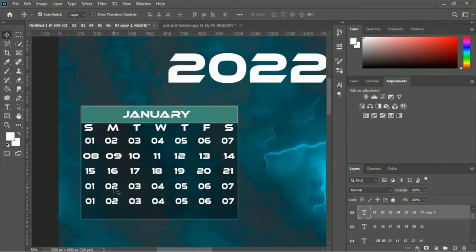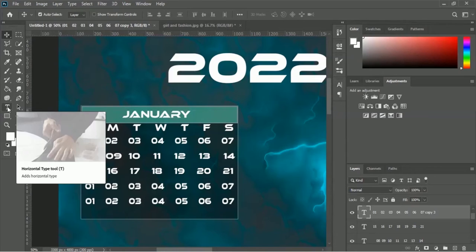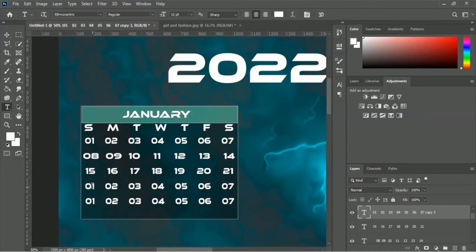Select the fourth line, and here you can take a look. The fourth line layers is selected. Then we will use the type tool. So here is the type tool. Let's start writing over here 22, 23, 24, 25, 26, 27, and 28. Okay, let me hit this tick mark,